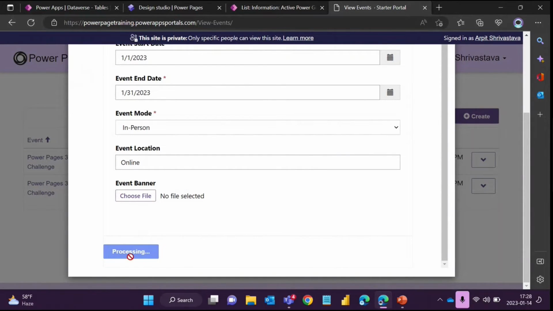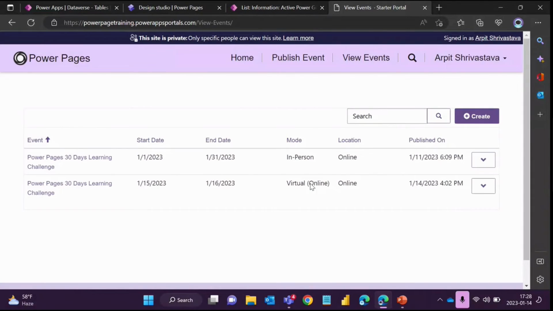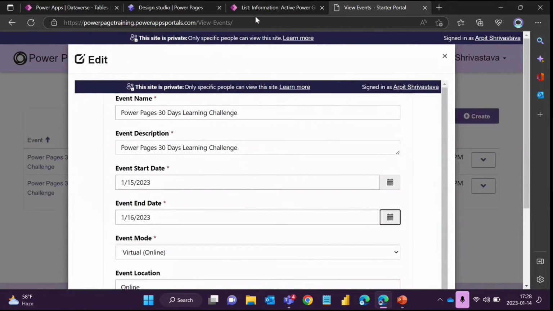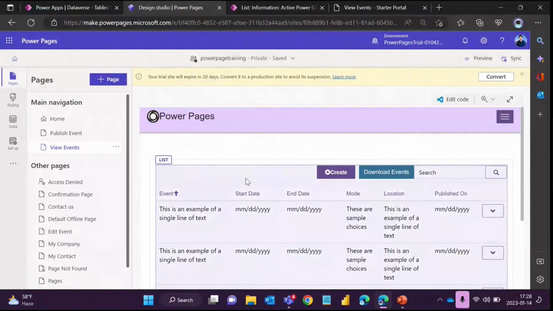So as soon as I submit, it will update my details in the Dataverse, and I don't even need to refresh the list that I have on the page. It is automatically refreshed. OK, now you may have the question here that we are opening the form directly, but why have we created the additional page here? OK, so yeah, you are right. You can only create the form